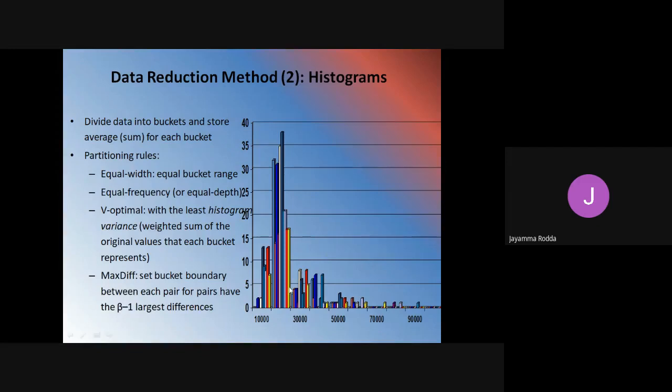Like in the previous one, the range of the values should be equal, I said. Likewise, in equal frequency or equal depth also, the range should be the same throughout. As many buckets as you have, those many buckets should have an equal range of values.